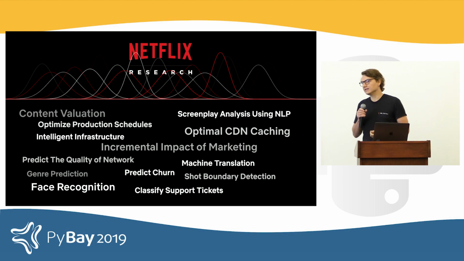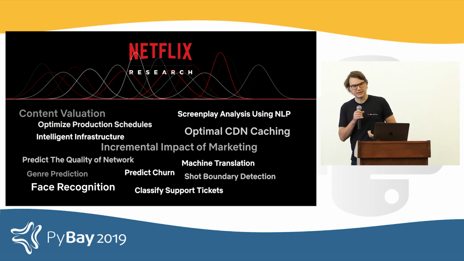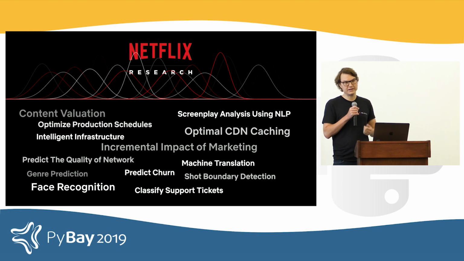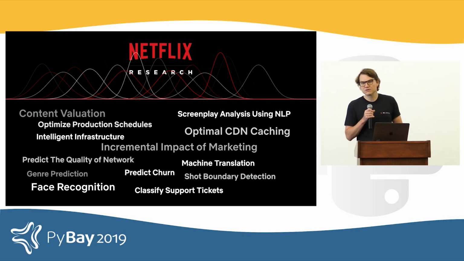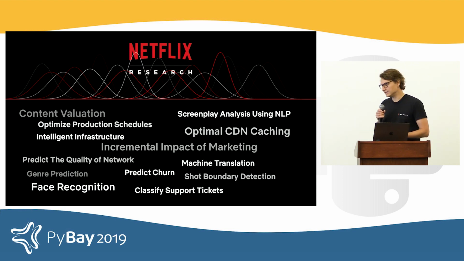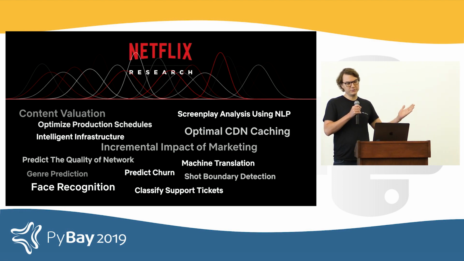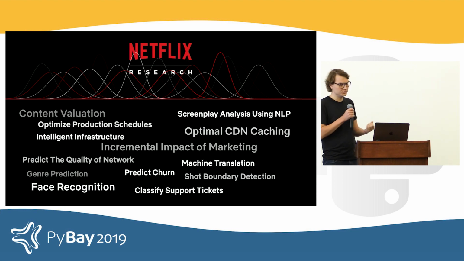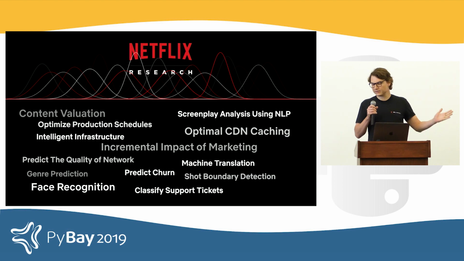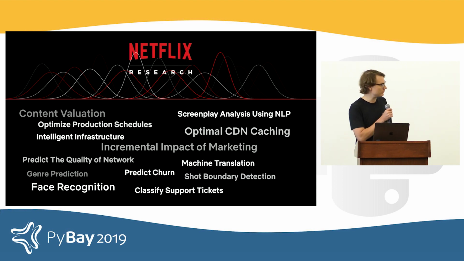Now the interesting fact is that the recommendations are kind of like the tip of the iceberg of all the machine learning efforts that we have ongoing at Netflix. It's really the crown jewel, but there are so many other things that we are doing with machine learning today. For instance, we are using natural language processing to understand the screenplays, what's going on in different scenes. We are using computer vision to understand the actual video content. And we are even using machine learning to optimize how we place the content on our content distribution network, so you never have to see the spinning wheel while you are watching something. So it's really tens, if not hundreds, of different machine learning use cases that we are dealing with at